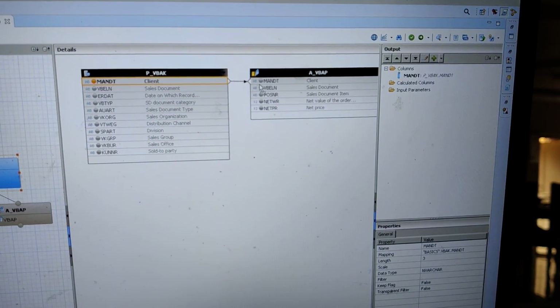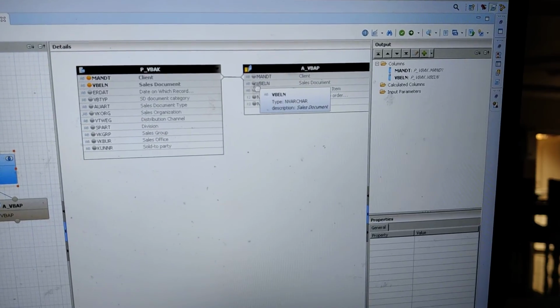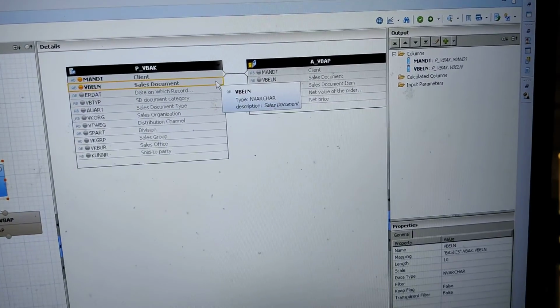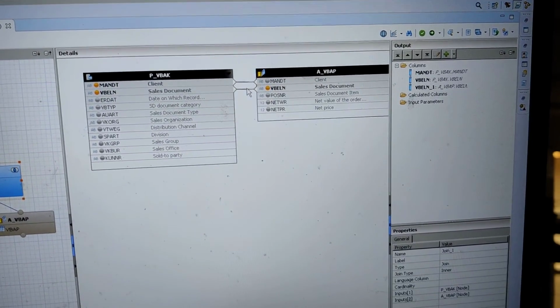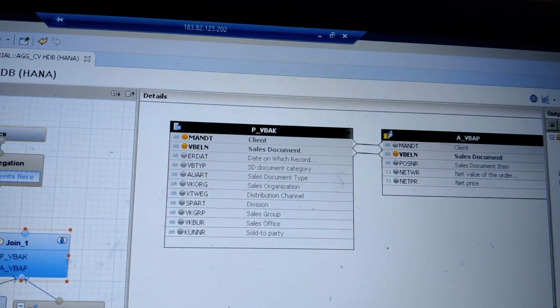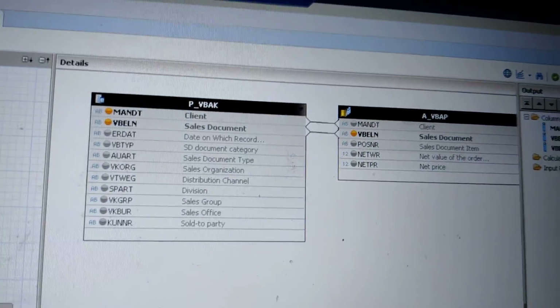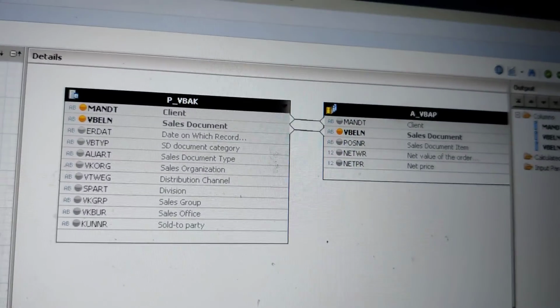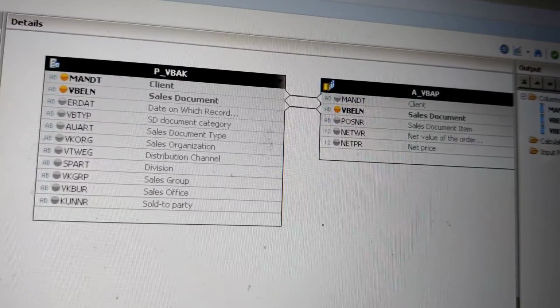Got selected, but yeah, I don't know why it's not coming. Yeah, now we are taking the sales document or MANDT. Yes, there are a lot of join types, but here we want inner join. So what is an inner join? When you take sales document as the reference or the primary key, and you are applying the join type, it means that whatever the left side values that are there, that is the same thing.